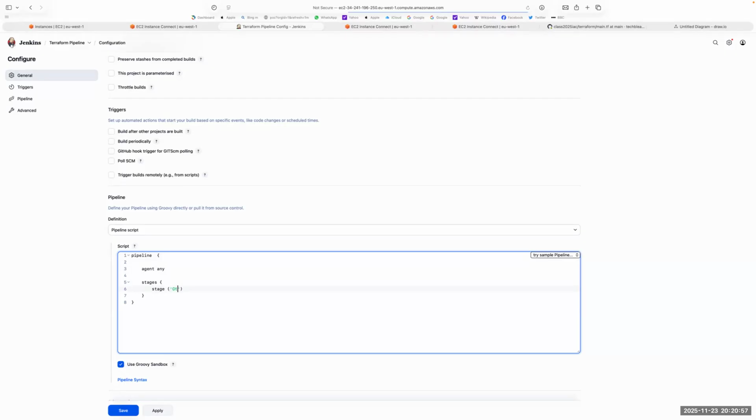I'll call this git checkout, and then we'll begin. In here we'll have steps, and in here we're going to use the Git plugin. We're going to specify our